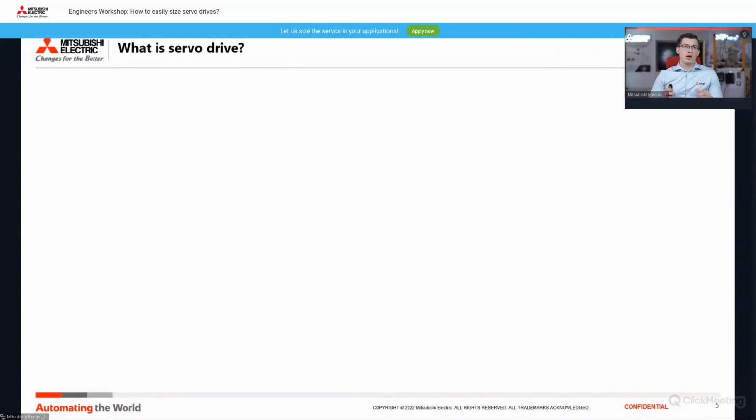Firstly, what is a servo drive? If I would put it in an academic way, I would say it is a closed loop feedback control system in which the input signal is some data like position, velocity, acceleration. But this is not a very easy to understand definition. So in a more practical way,